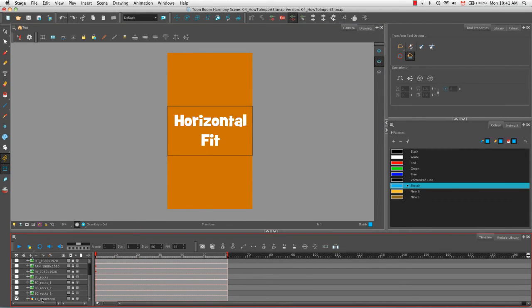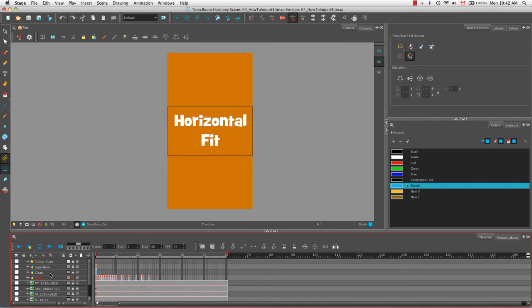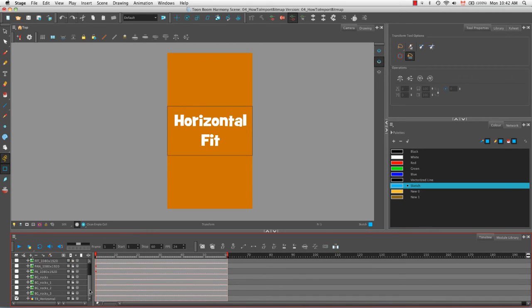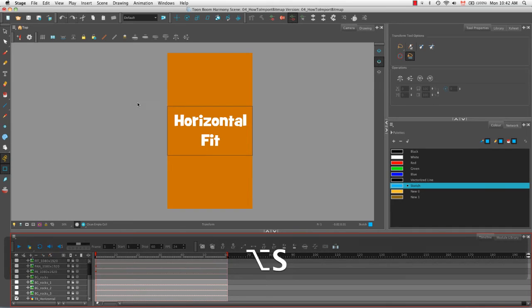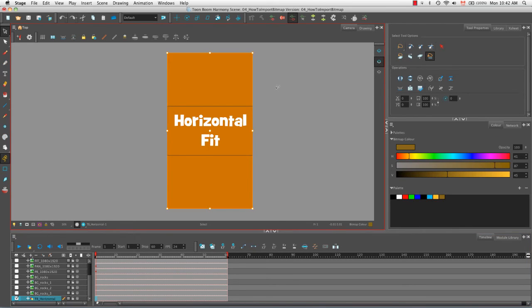Okay, so in the timeline here, we can see that our Toon Boom horizontal image has a different symbol. So we already know that it's a bitmap drawing layer and not just a bitmap layer because the icon is different. So it's actually the exact same as the clean layer here. It's a bitmap drawing in a vector frame, to put it very simply. But what this means in practical purposes is that you can actually use the drawing tools to manipulate this image to a degree. So for example, if I use the select tool, I can select the image,